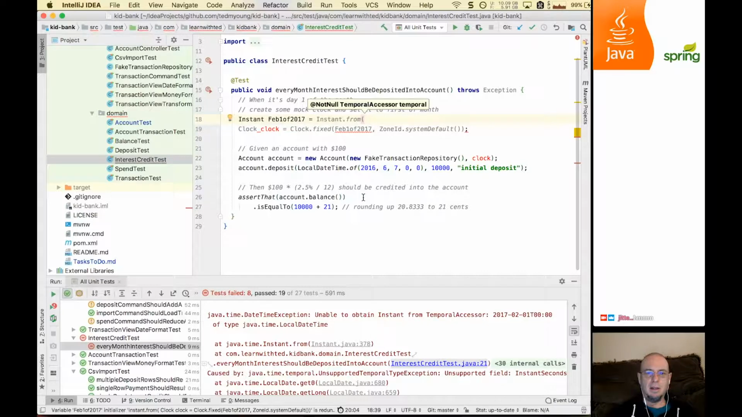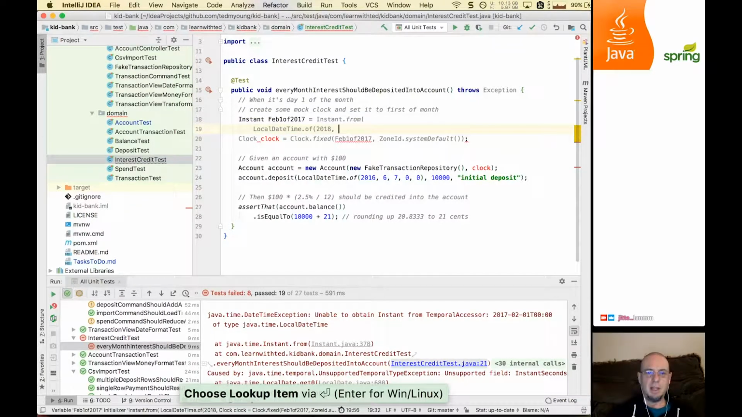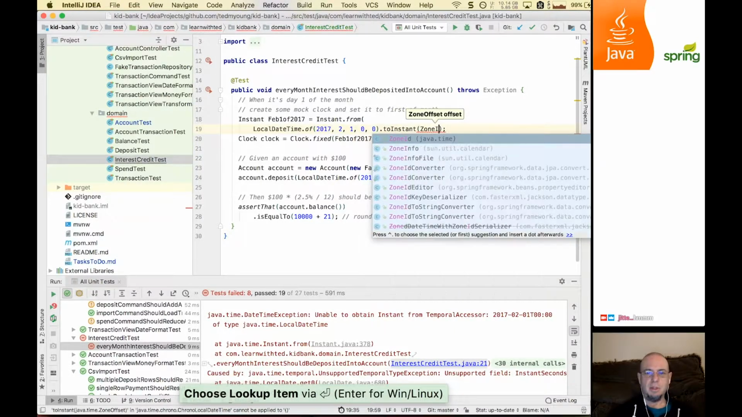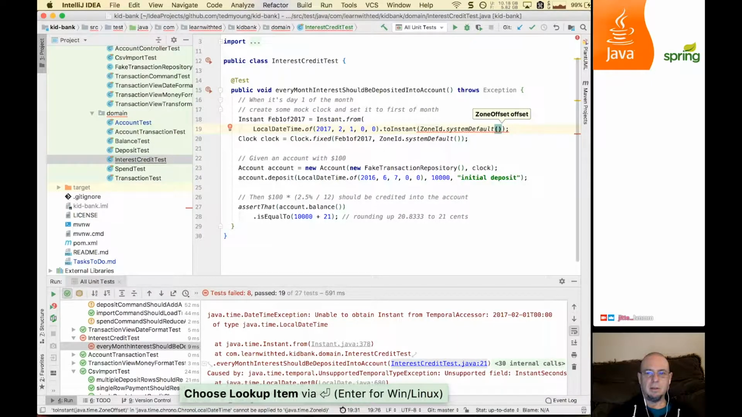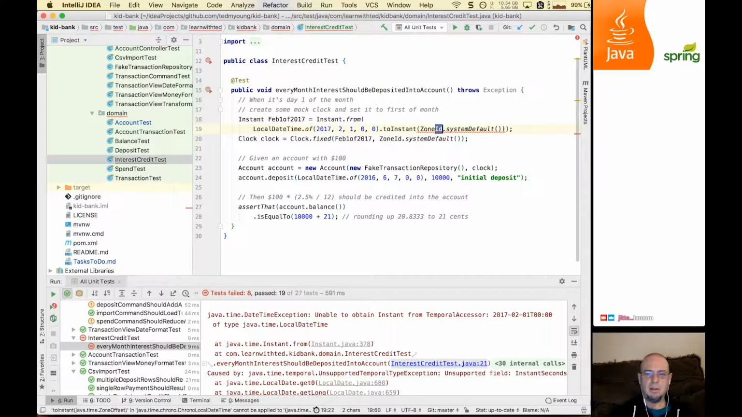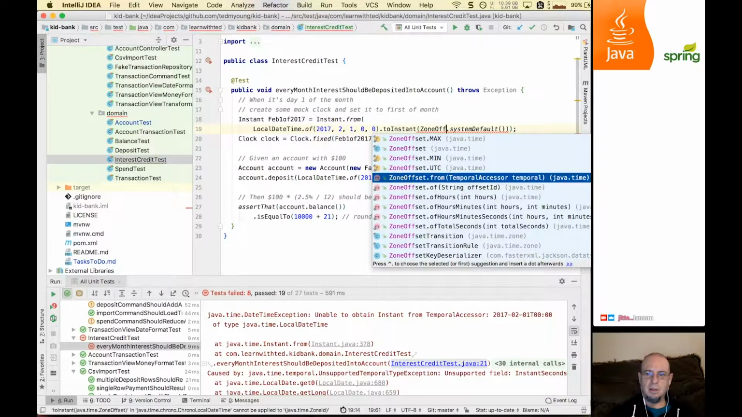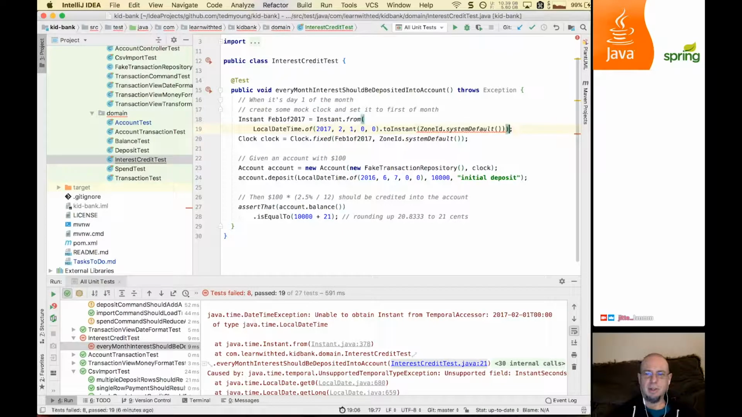Okay, so we have a local date time. No, not advice local. Local date time of, and we said 2017. I'm glad I named that variable well. So 2017, February 1st. We don't care about that part. And then we want to convert this to an instant, but we need a zone offset, and so that's going to be zone ID system default. Doesn't like that. Zone offset, oh, come on. See, I should be able to pass in a zone ID and it should figure it out, but okay, fine. You're going to be that way, so then system default dot,